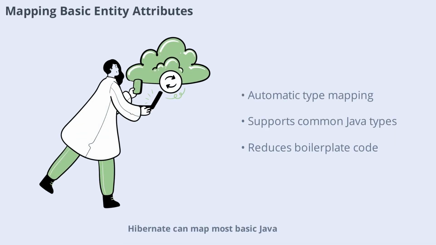Hibernate can map most basic Java types to database columns without extra configuration. This includes types like string, integer, boolean, and various date and number types. Simply declare these attributes in your entity class and Hibernate will handle the rest. This automatic mapping simplifies development and reduces boilerplate code, allowing you to focus on your business logic rather than database